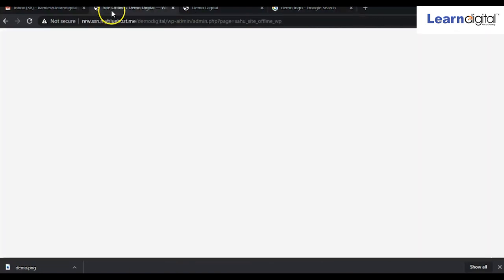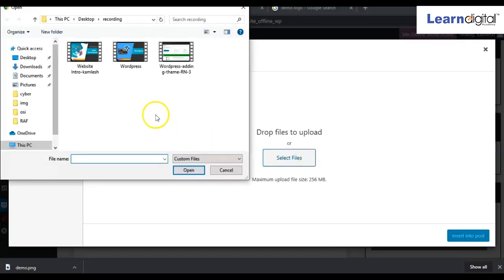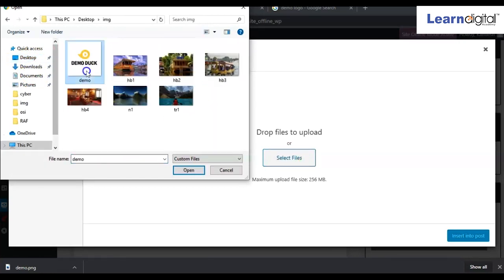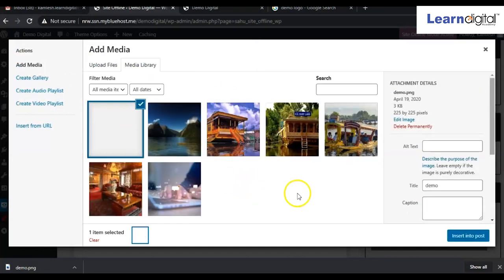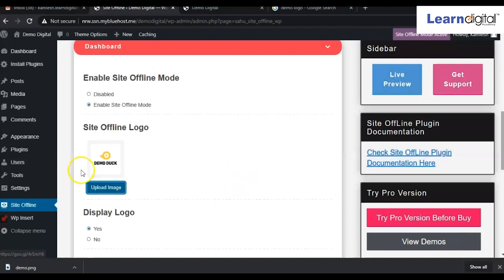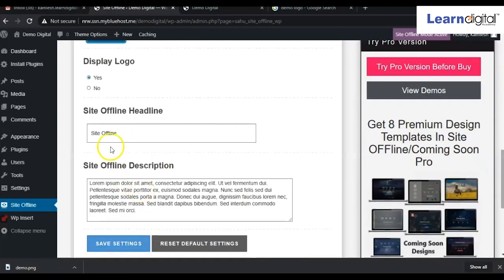So simply I'll come over here, site offline, select file, then desktop, this image. So this image I am selecting, right? So simply I can click on insert to post. So here the image has been uploaded, right? So display logo, yes, site offline.